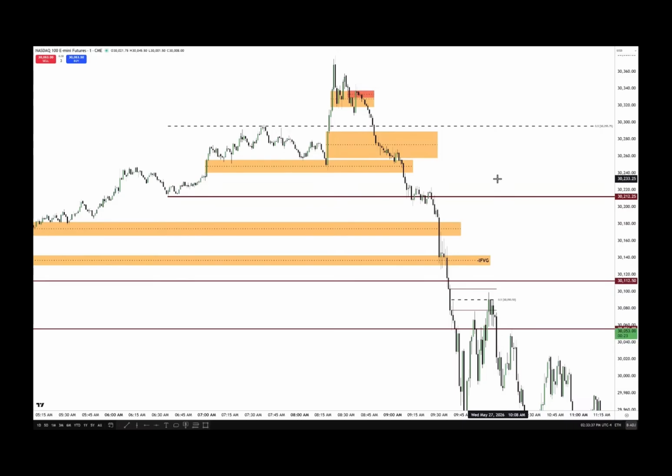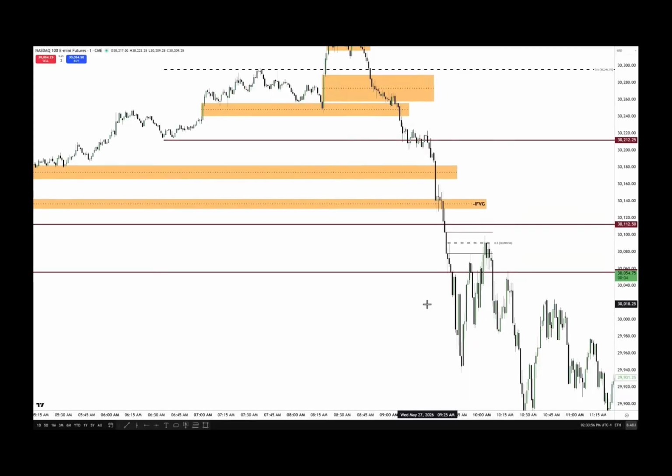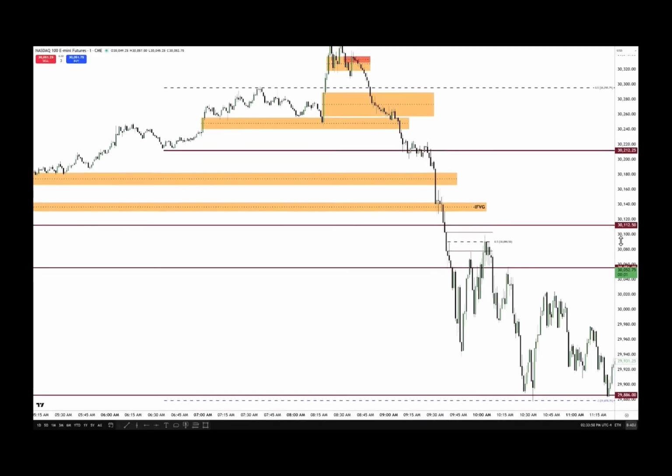So the idea of anticipating a PM session sell off, I was affording myself the luxury of being able to capitalize on that. Okay. And I was going to tape read that with you today. But the market being what it is, it felt inclined to just go through everything like a freight train and trade all the way down to the target